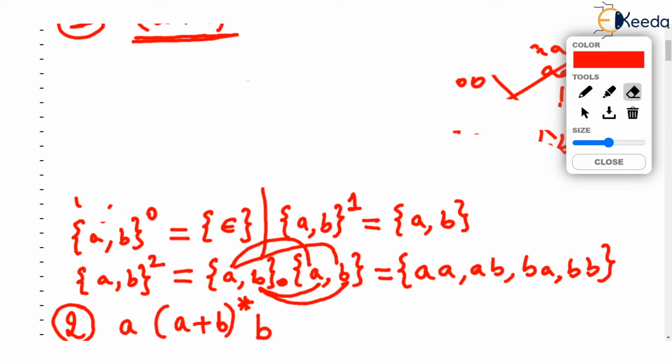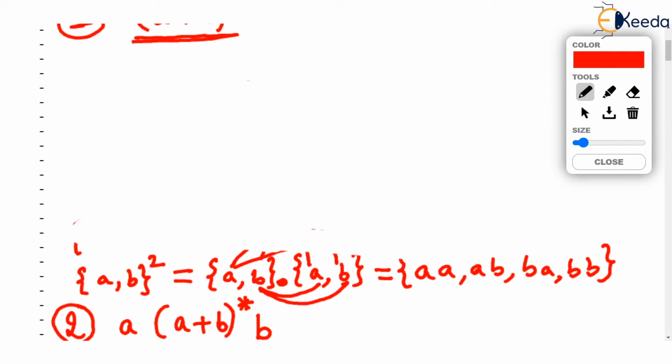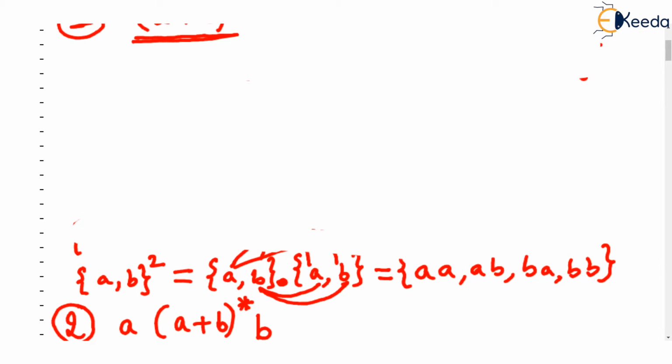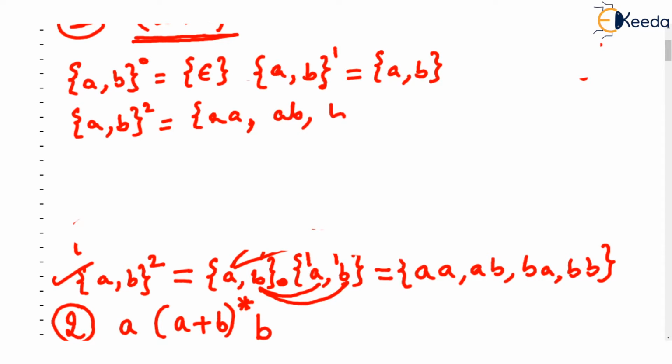We have to find out such Cartesian product for higher powers. But then after learning a few things, we understand what's the pattern. {A, B} raised to 0 was epsilon, the empty string set. {A, B} raised to 1 is {A, B}. But {A, B} raised to 2, although I have written it down here, I'll write it again. It is AA, correct? AB, BA, BB.